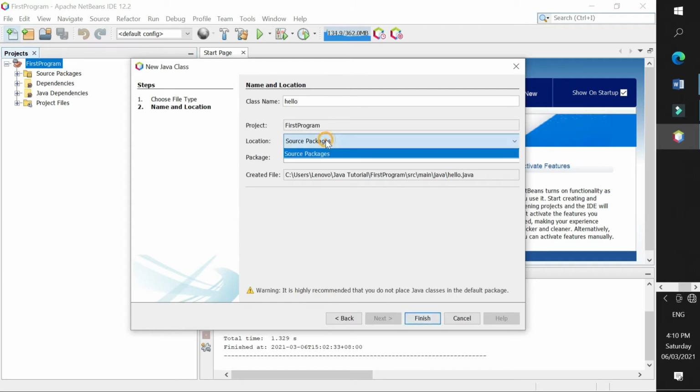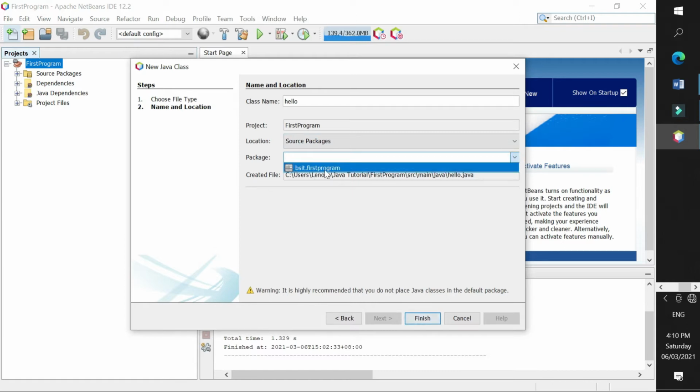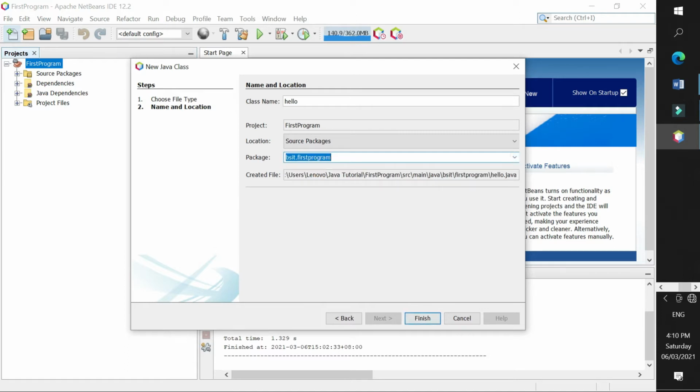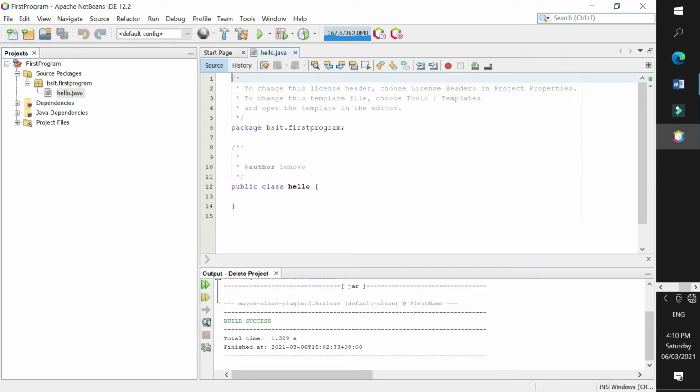Source package, first program. Hanapin natin yung package natin. Dito mapupunta. So, BSIT first program yung package natin. Save. Click Next. As you can see in the editor view,